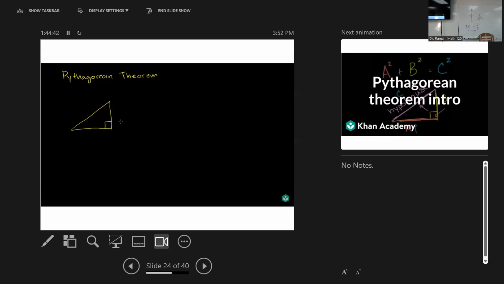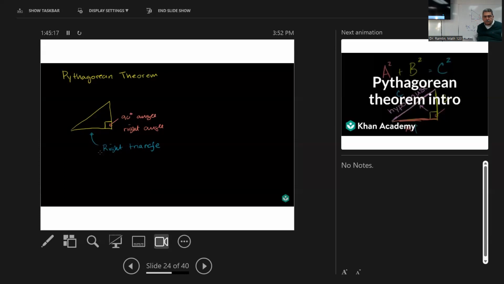So that right there is a 90 degree angle, or we could call it a right angle. And a triangle that has a right angle in it is called a right triangle. Now, with the Pythagorean theorem, if we know two sides of a right triangle, we can always figure out